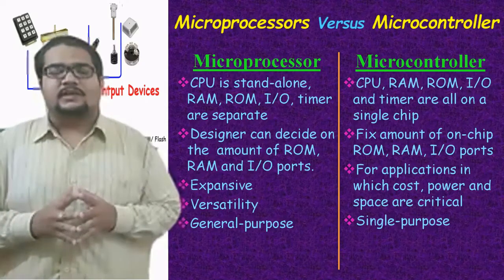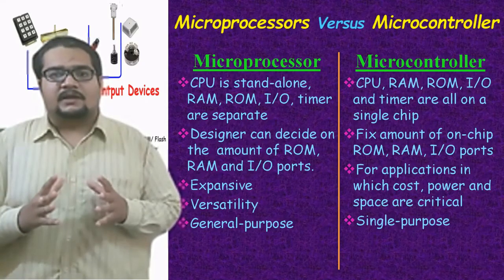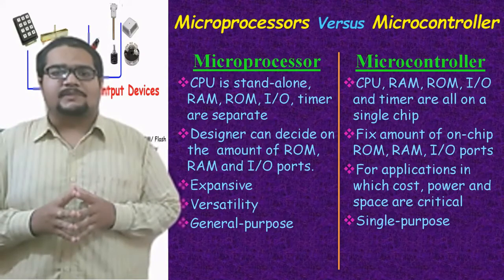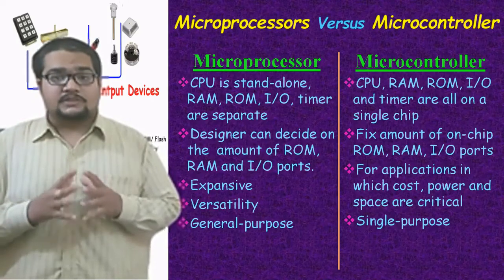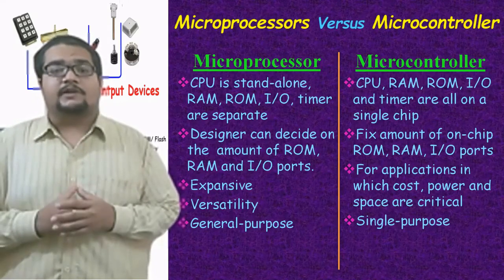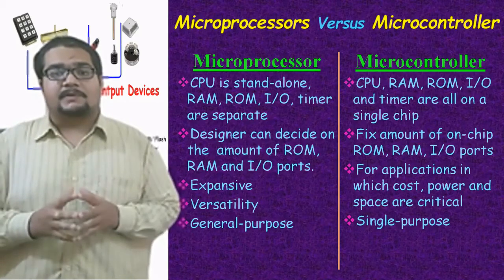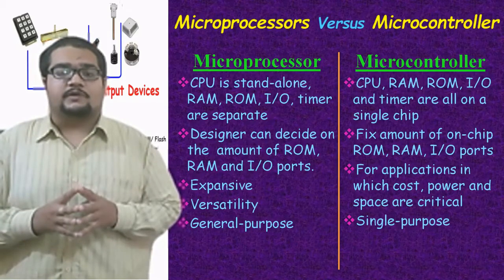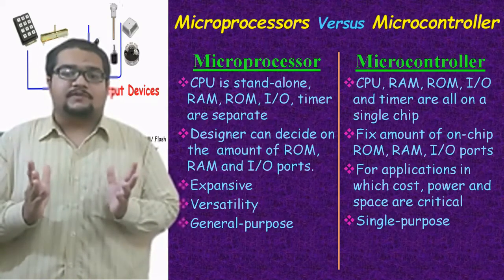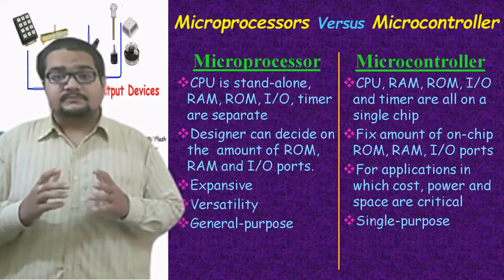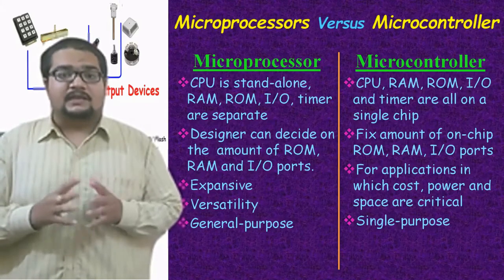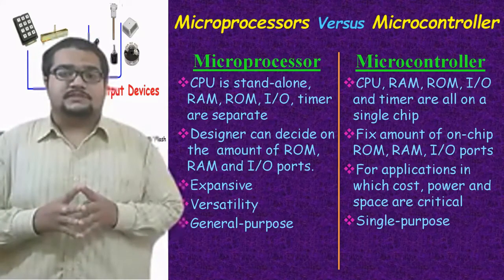Whereas in a microcontroller, memories will be inbuilt and available, RAM and ROM, and also inbuilt IO ports will be available for use. Cost-wise, microprocessors are expensive, obviously, because they are meant for working general purposely. General purpose operations are what they are used for. That means you can take one microprocessor and perform all sorts of different tasks with that particular thing. But microcontrollers are not that versatile and cannot perform such diverse functions.